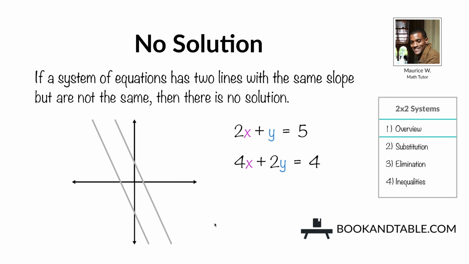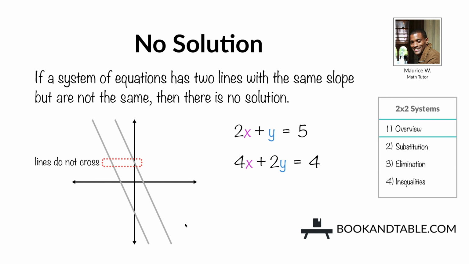Now, not every 2x2 system has a solution. If a system of equations has two lines with the same slope but are not the same, then there is no solution. So if two lines have the same slope, but they cross the y-axis at 2 different points, then that